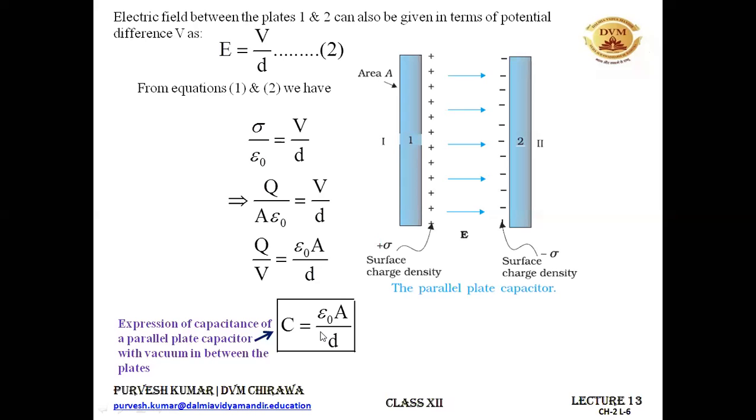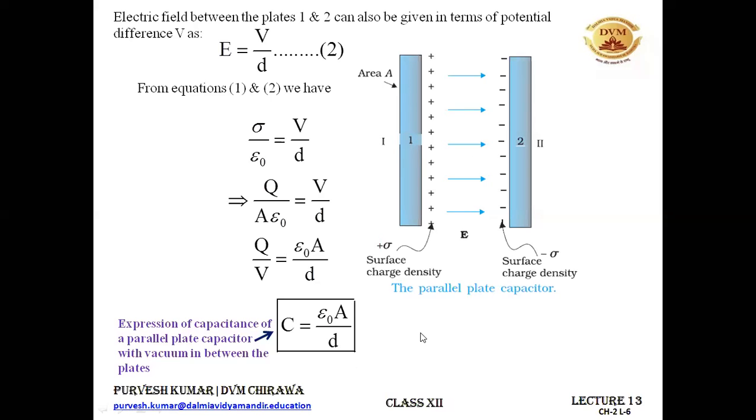So this formula you have to remember, and we will be using it later on when we discuss the next topic. And it's a really very useful formula in order to calculate the capacitance of a parallel plate capacitor. And you can see that this capacitance depends on the physical dimensions of the parallel plate capacitor, that is the area of the plate and the distance of separation between the plates. As well as it also depends on the medium between the plates, because this epsilon naught is the quantity which signifies the medium. And in this case, it is vacuum.